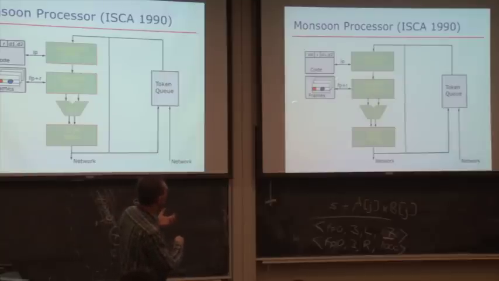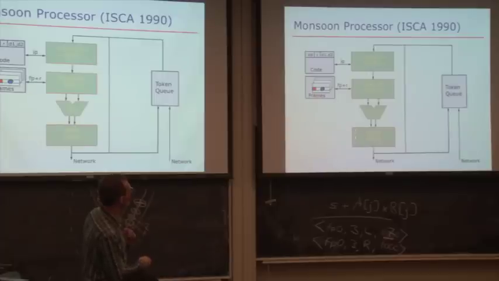And you can have many frames. Well, that's going to be a downside also. That's been one of the issues with Dataflow processors. You can have a lot of instructions waiting for its matching operands. How do you control that parallelism? One other issue that we will get to is, what if you have back-to-back dependent instructions? It's not very efficient for that, right? You need to fetch the instruction, you need to fetch the operands, you need to do all of these overhead operations. It's hard to pipeline them. But we'll get to that.